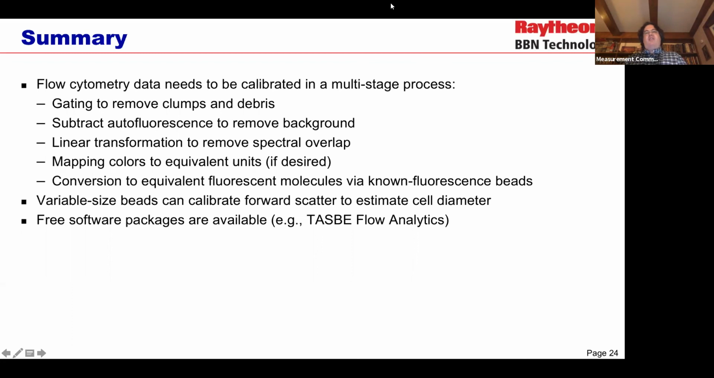So I pause here for a moment to take a look at questions. Any questions on these matters before we move on to interpreting our data? All right,